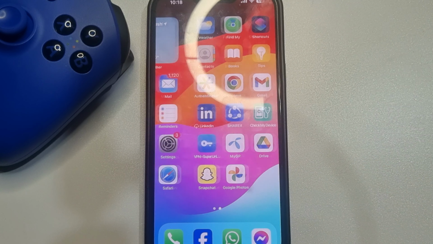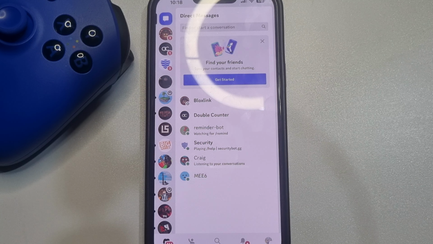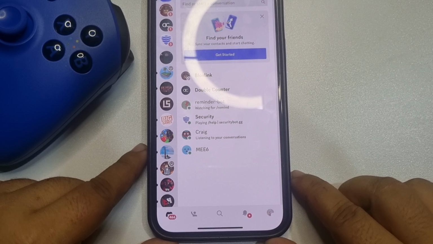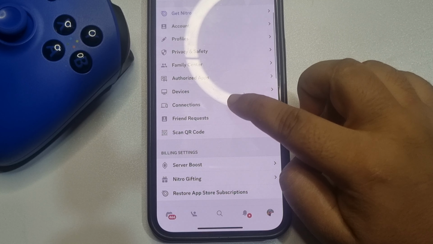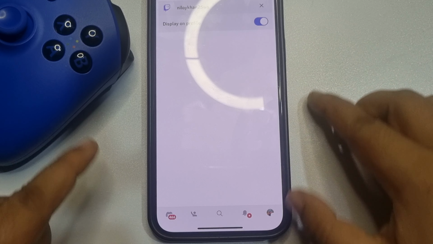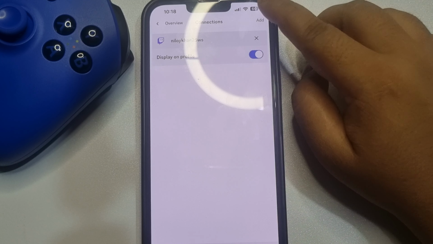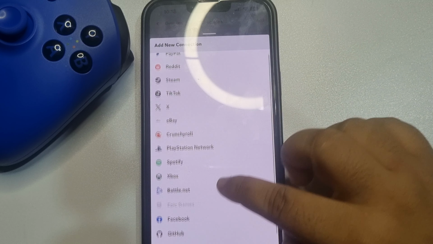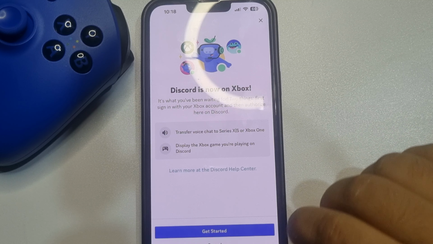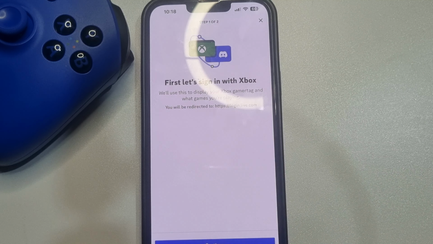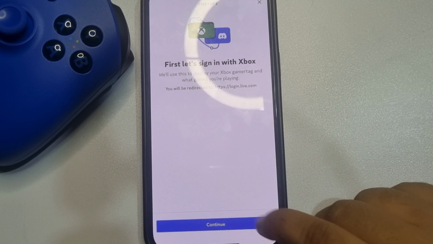Go ahead and launch your Discord and tap on your profile, and here tap on connections, and here tap on add, and here you'll find Xbox. Tap on it, tap on get started, tap on continue,